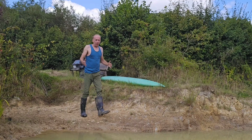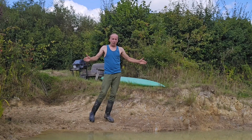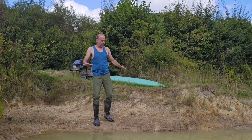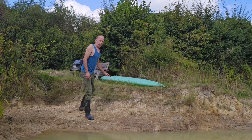This pond traps loads of rainwater, and it's always a really good reservoir. We've always got water to water everything with, and of course pond water is way more nutritious than tap water, and even in the drier summers there's always still water here. Now this pond overflows